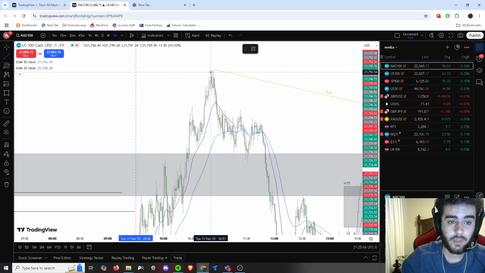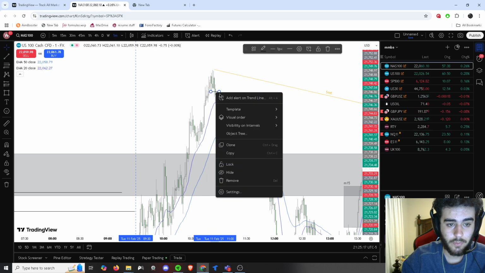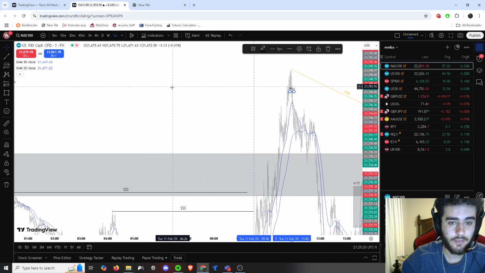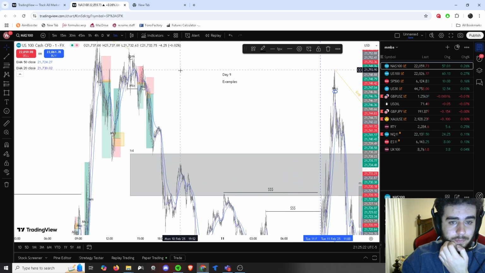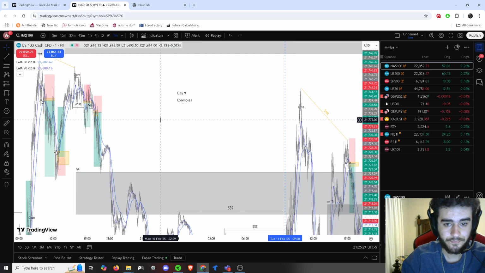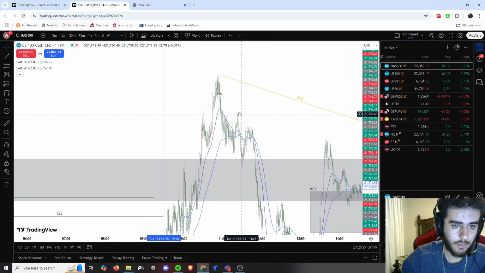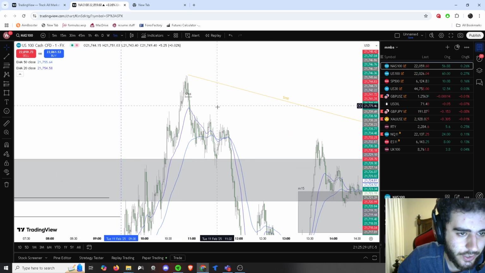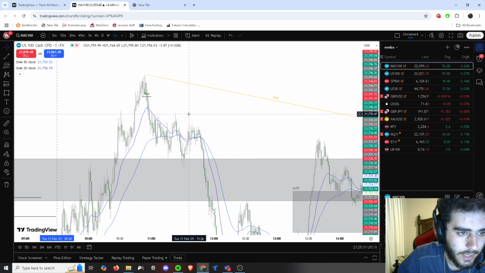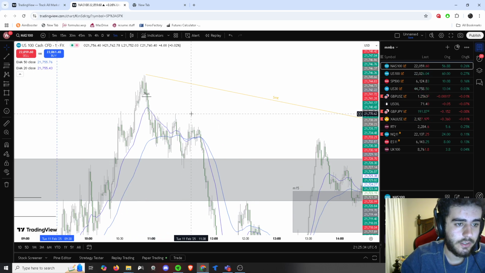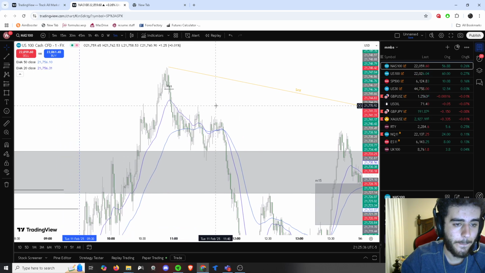So, this, you could see, created a high, higher high, and then closed below this line, making this a market structure shift after this immense liquidity sweep. Okay? That being said, we're now looking for entries. And you can see that there is no entries anywhere, which is completely fine.